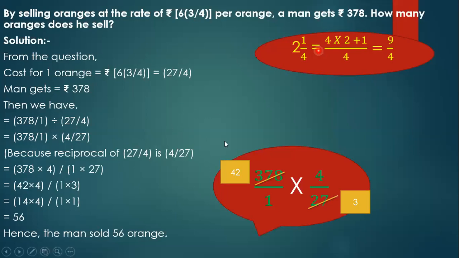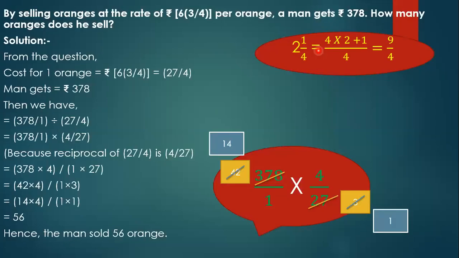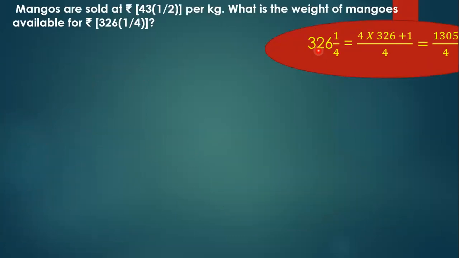How many times? 3 times and 42, in 9's table 4 times 9 is 36, 1 remains, 18, 2 times. We are left with, again 42 comes in the table of 3 how many times? 14 times. So we are left with 14 into 4, that is 56. Okay, now